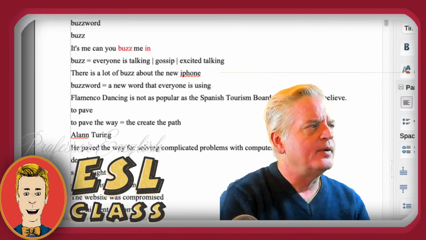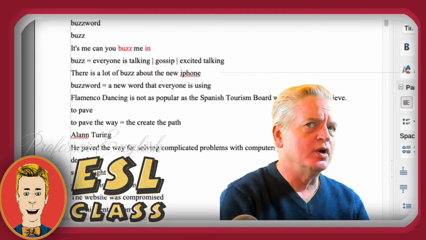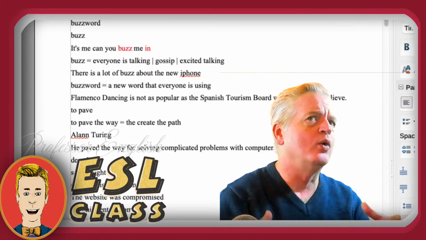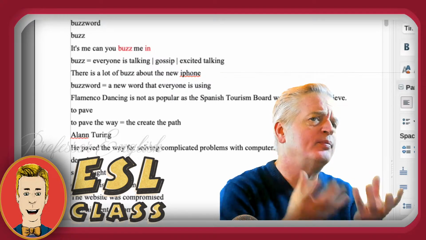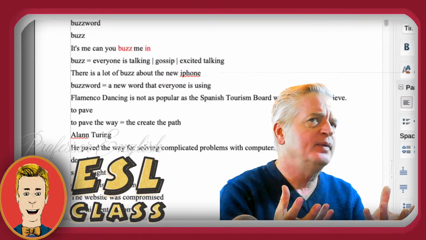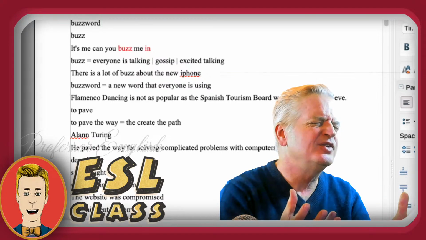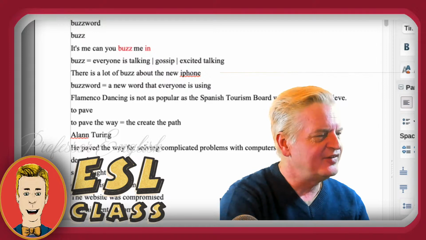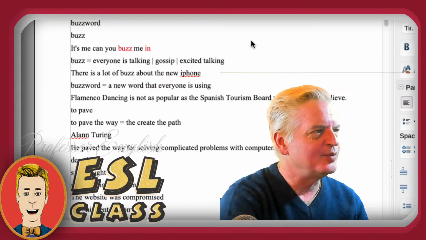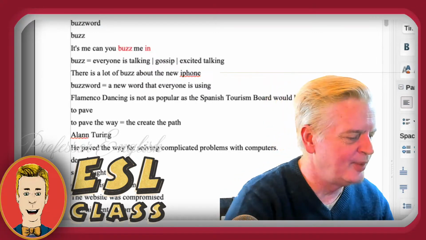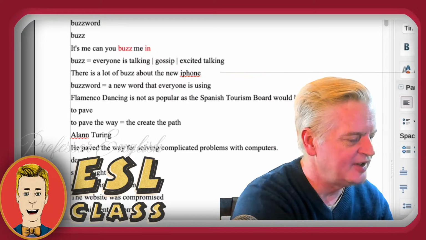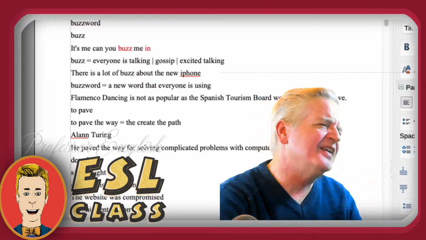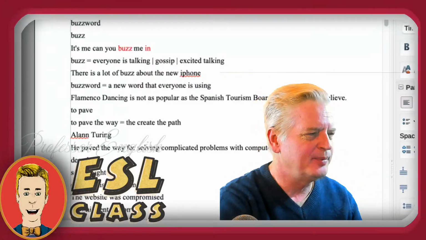And so a buzzword is a word that people are using right now. Using the word buzzword is very negative. It means it's a word that people are using, but in 1 or 2 years they're not going to use it anymore. Let's see if we can find some buzzwords. I'm just going to Google "list of buzzwords" to see what kind of examples we can get. So a buzzword is a word that everyone is using now, but probably in 1 or 2 years they won't be using it anymore.